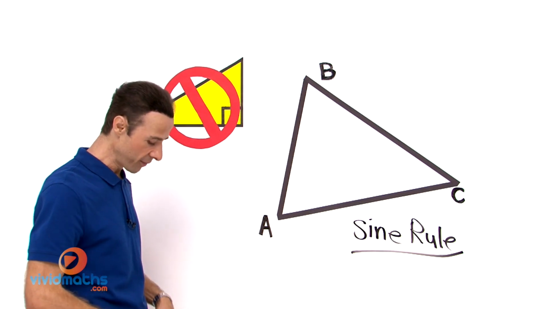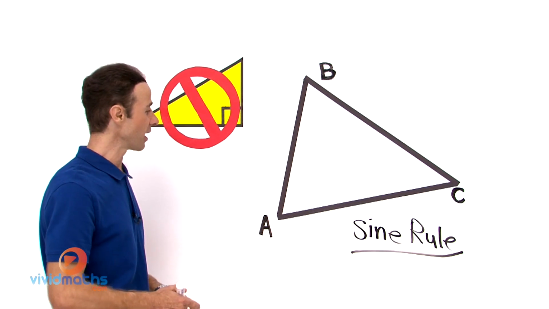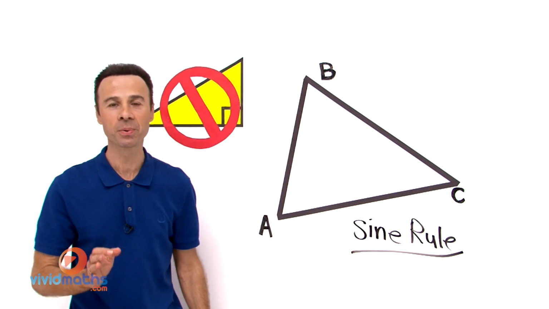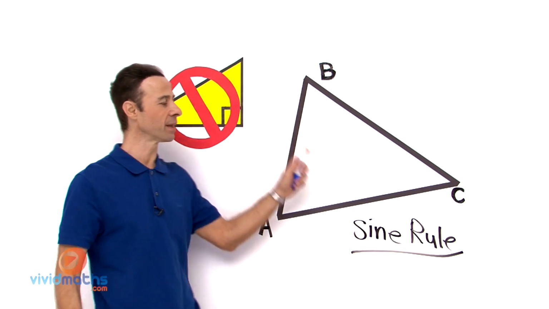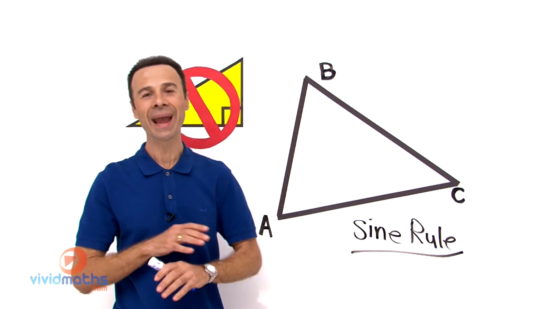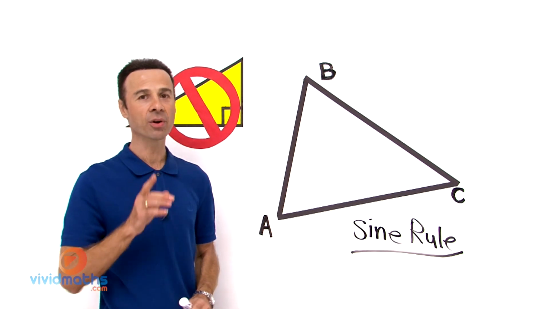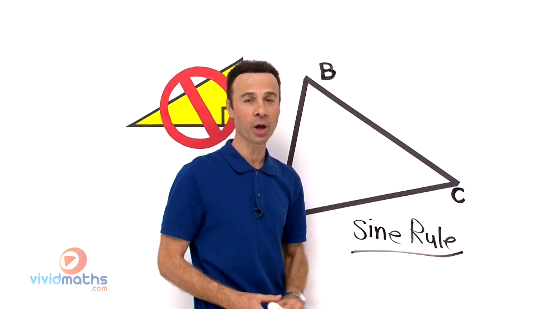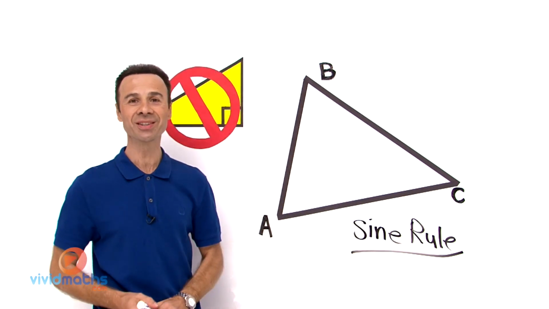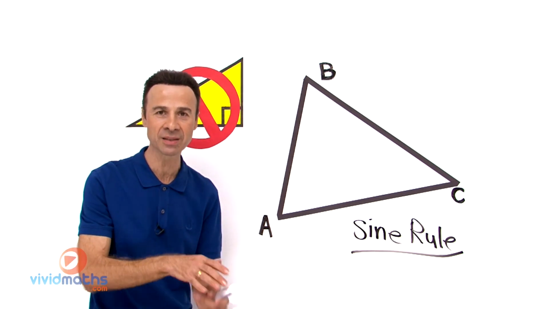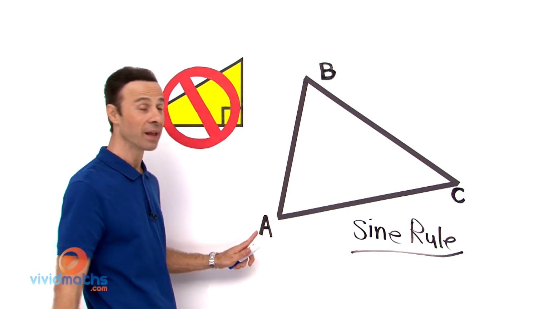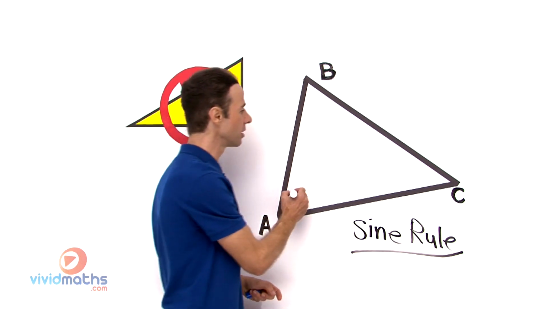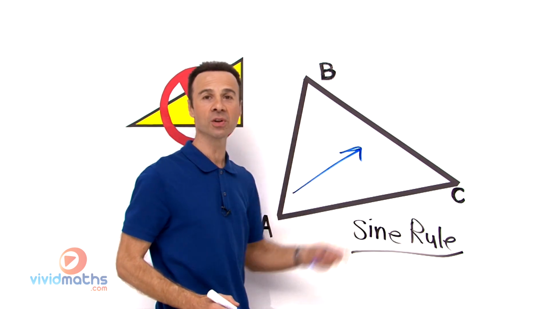Well, the elements we have to consider and check out is that the vertices of the triangle are represented by capital letters. Capital A, capital B, capital C, W, X, Y, P, anything you like, as long as it's a capital. Now, the corresponding vertice or corner across the other side is the actual side or length, and that is always denoted by the smaller letter, the baby letter of the equivalent capital. So for example, if this vertice or corner is capital A, then across the other side, the whole side is referred to